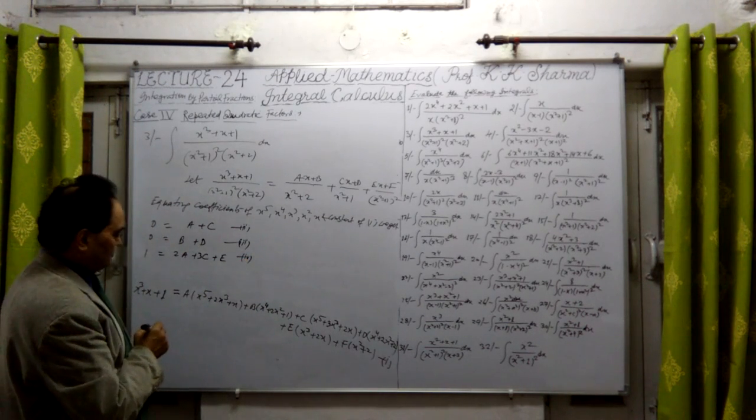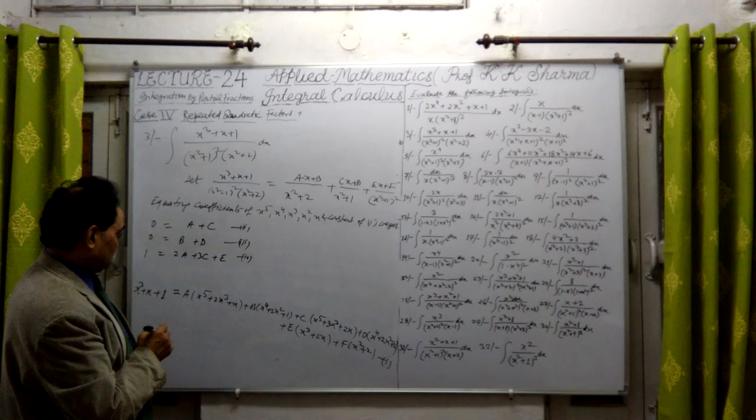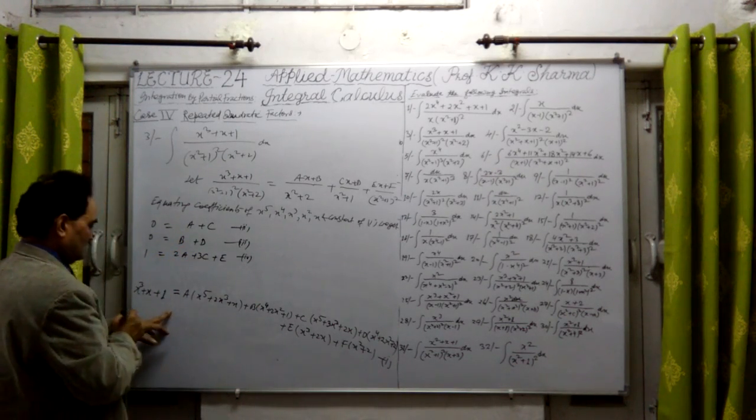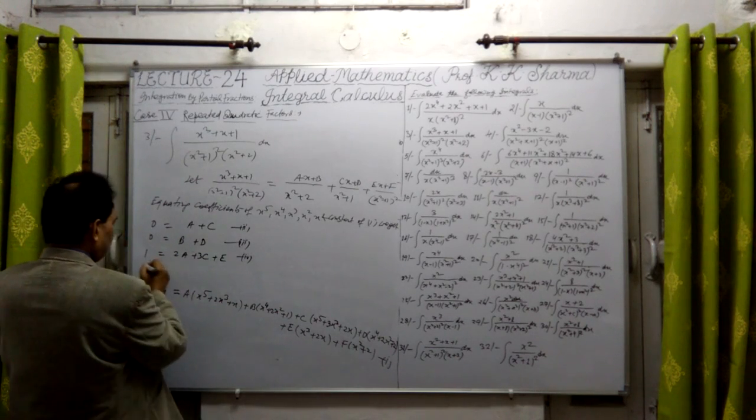Now let me talk about the fifth equation. So this is x5, x4, x3. Now x square, no a, left hand side is 0, no